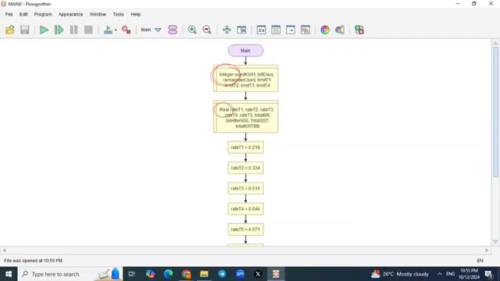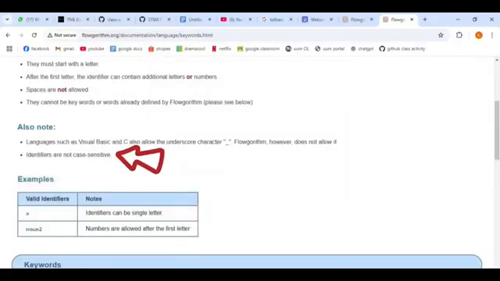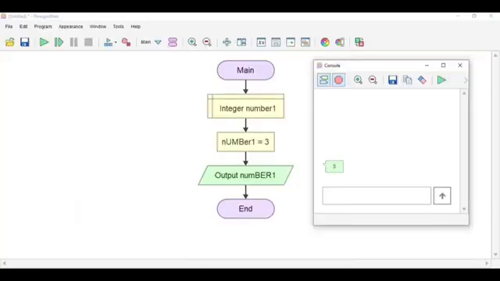The first step is to declare data type for each variables. What I learned in matriculation is for flowchart, you don't have to put the data type. You just have to assign the value. But in this software, if you don't declare, then it will become error. Algorithm is also not case sensitive, which is shown in the example here. It still displays the right output even though the capital letters are not consistent. I think this is not that helpful for beginner programmers as it does not discipline you in being consistent with